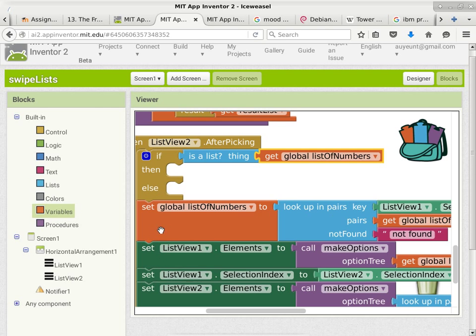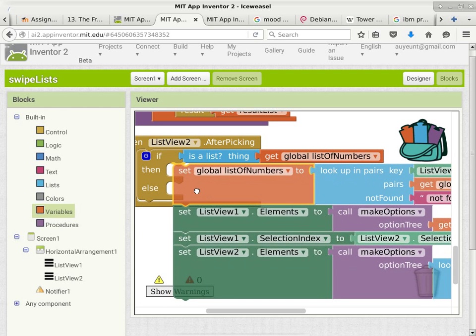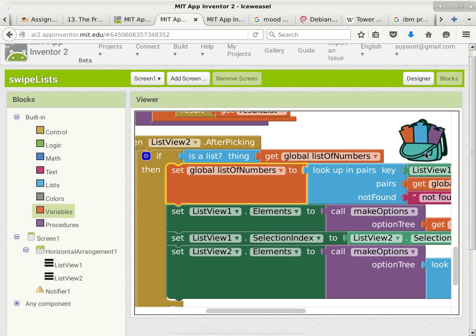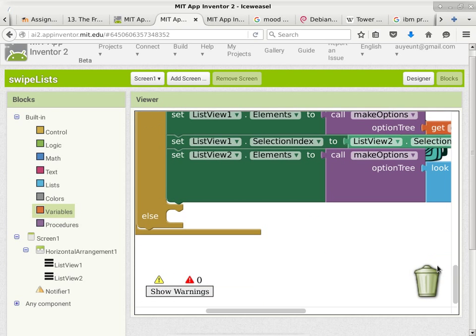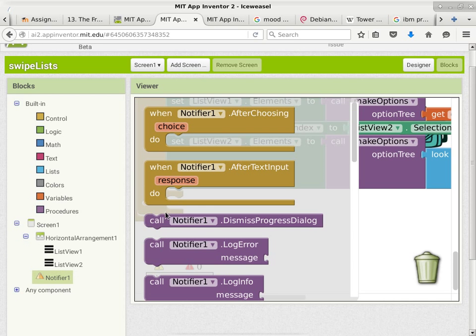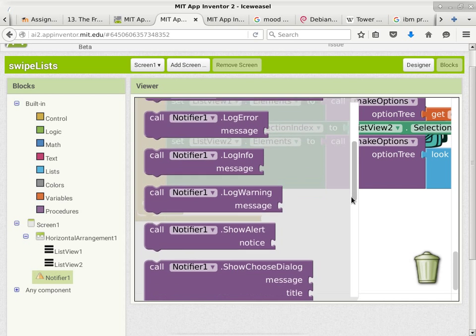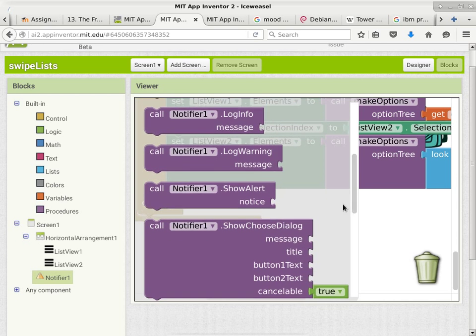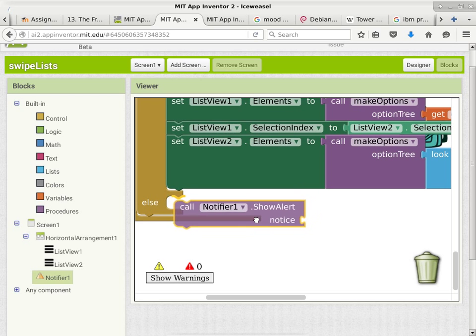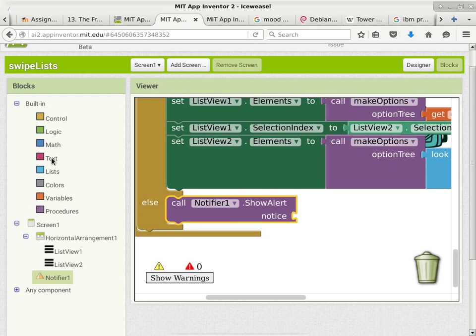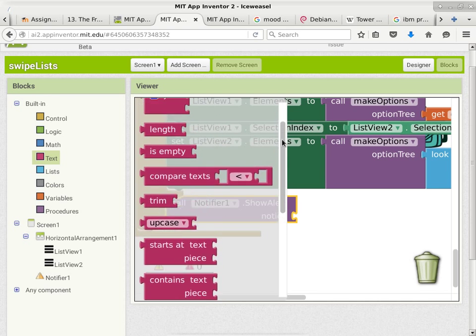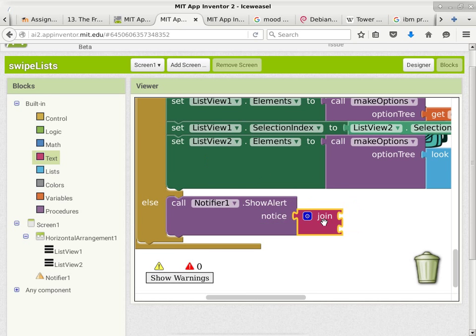If it is, then everything that we did here is still okay, because we are still in the hierarchy. If it's not, then we are down to a single choice that has no further options available. So in that case, I'm just going to use the notifier and just say that this is the only choice, we're done. Okay, so we show this as an alert, and basically we can just append or join a string